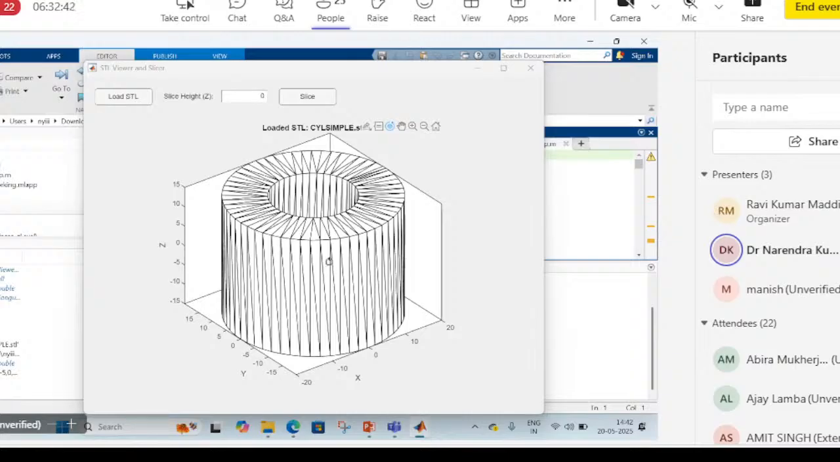right? Here we have given provision, we have added some buttons. By just pressing these buttons, we are able to select the STL file from the directory, and also I'm able to decide the slice thickness. Let me make it 2, or make it 1.5 slice. Now you can see we are able to see the slice at 1.5. We are able to see the contour information,